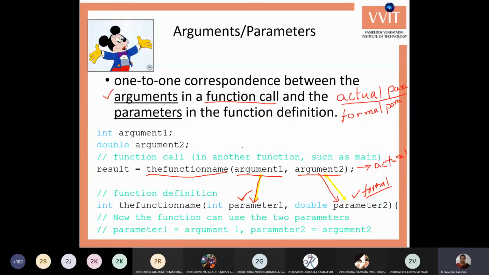Next, formal parameters. Put the side heading as formal parameters.